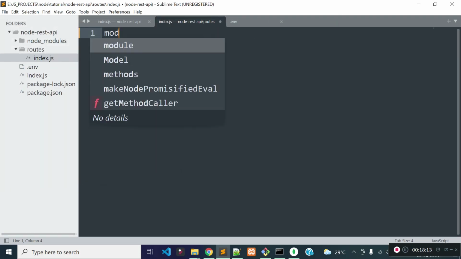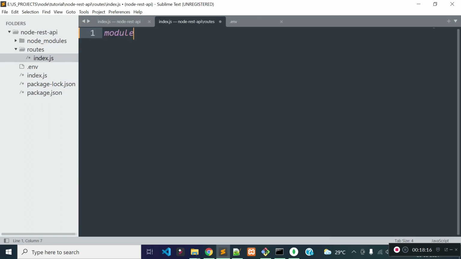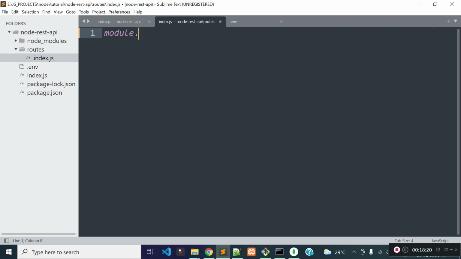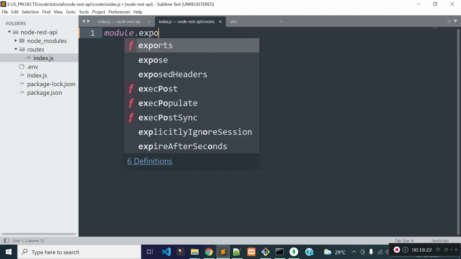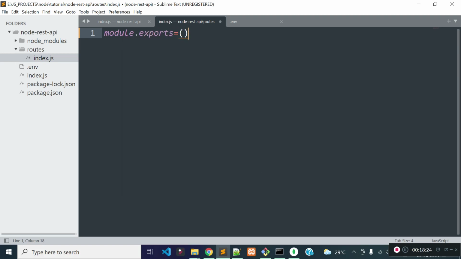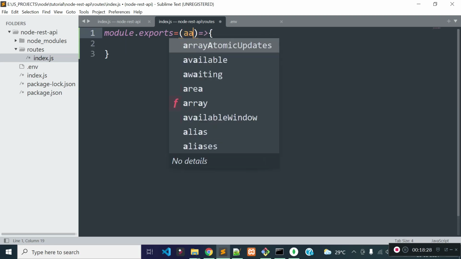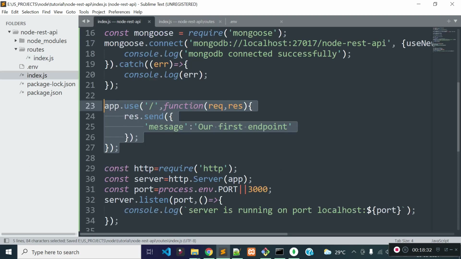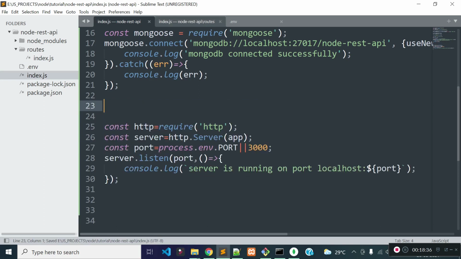From this index.js file I will export the module with the help of module.exports, and then I'll expect app inside this method as a parameter, and I'll remove this code from here, and I will paste the code inside our